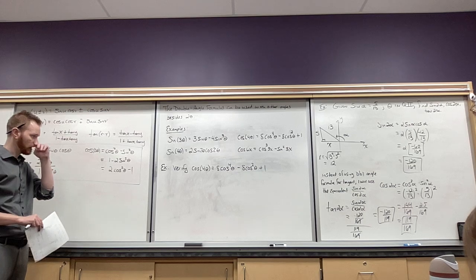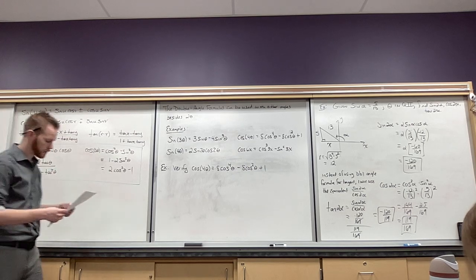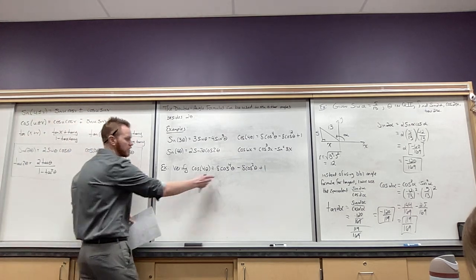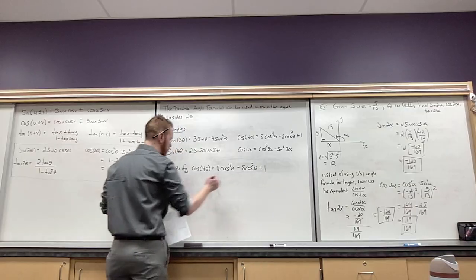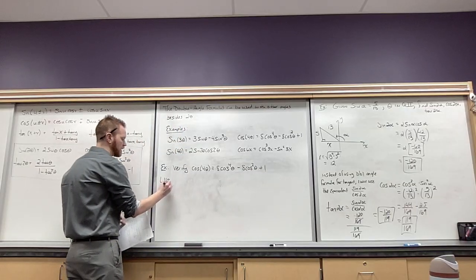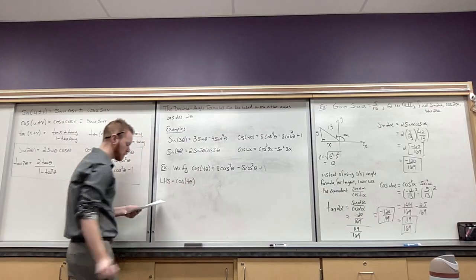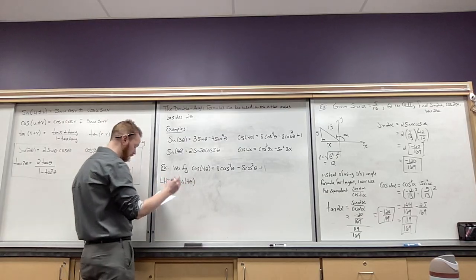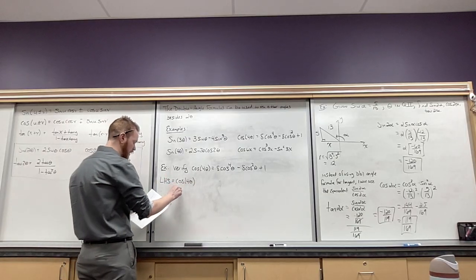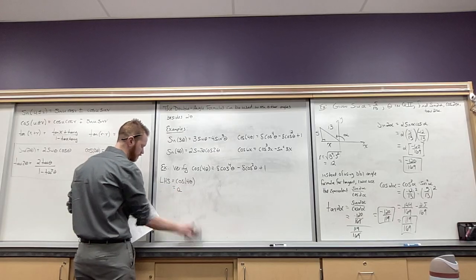Okay. So we got to pick a side to work with. Obviously, we're going to work with the left-hand side because this is already simplified. We're trying to show that it works with that. So we're going to work with the left-hand side. So let's start with cosine of 4 theta. Let's see if I can't rewrite that a little bit. And I can. Okay, I can rewrite that as cosine